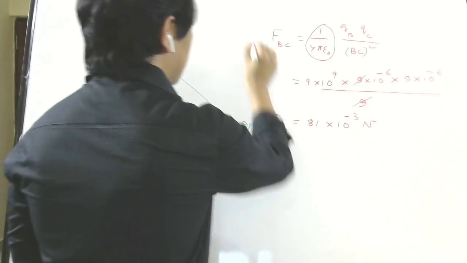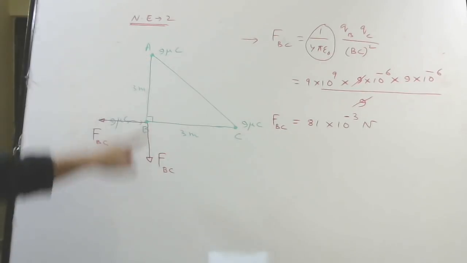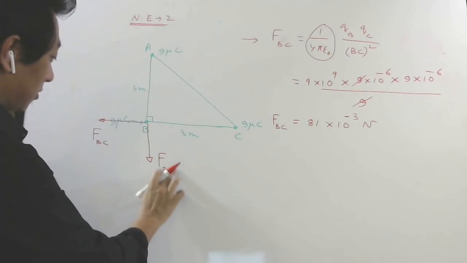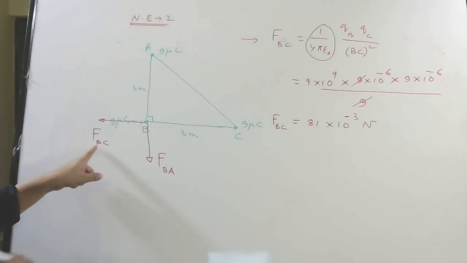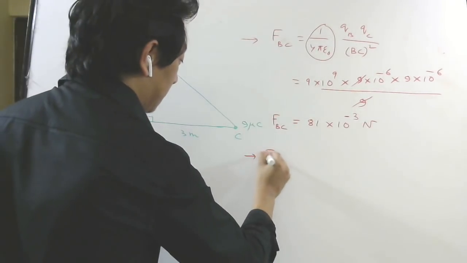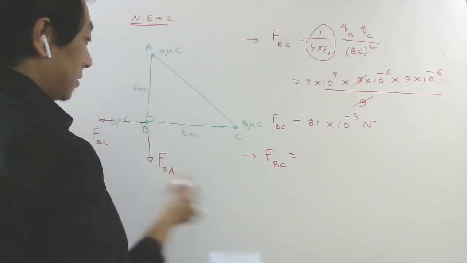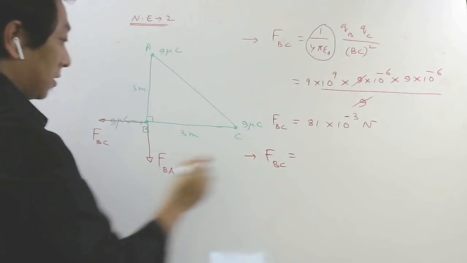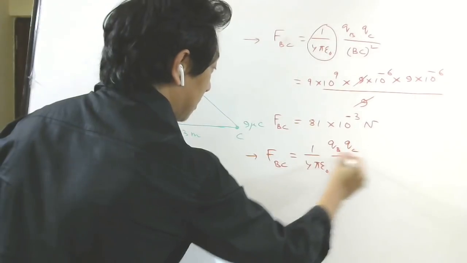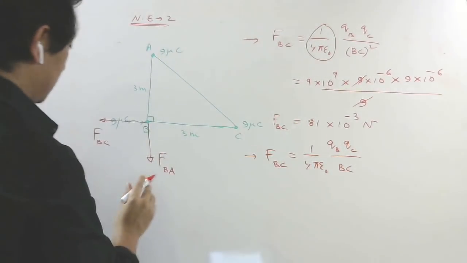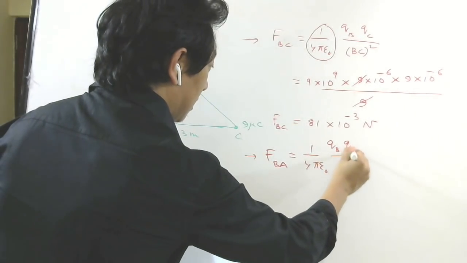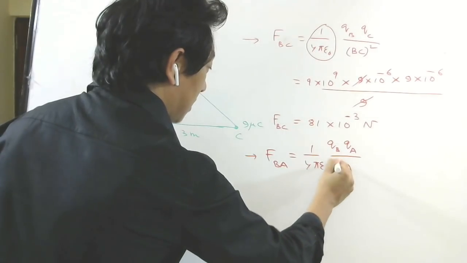Now this is the force on B by C. I calculated this force. Okay, what did I do? This is force on B by A actually. So this is force on B by C. So this I calculated first. Now I want this force in magnitude. So this will be C. See, the values will be the same because 1 by 4 pi epsilon naught will be there. Charge at B, charge at C divided by distance between B and, sorry, this is B and A. So the charge at B, charge at A divided by distance between B and A square.